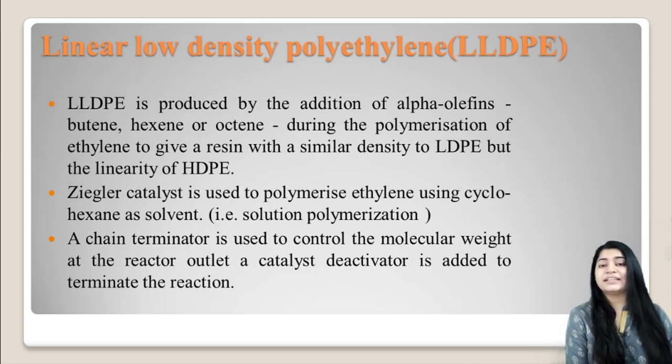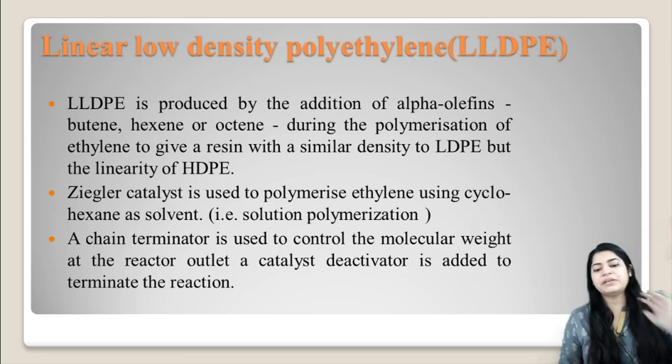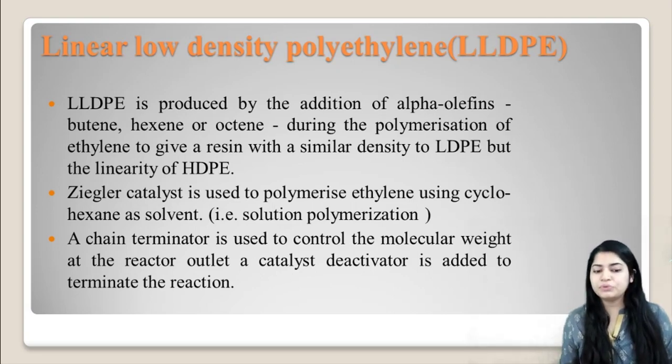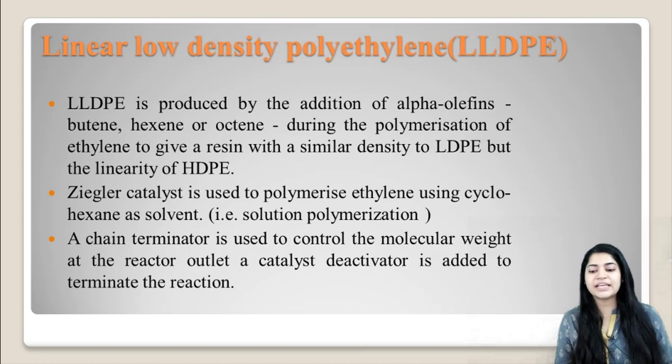The next type of polythene is your linear low density polythene. It is the same as HDPE. The process is the same. You are using what? Ziegler-Natta catalyst, right? And the pressure is also low. But here with ethylene, another monomer is used. It can be butene, hexene or octene. So another monomer is also used here during the polymerization reaction. The density of this product is the same as LDPE. Density is low, but the linearity is of HDPE. So what is your product at the end? LLDPE. What is it? Linear low density polythene. It means the structure is linear and the density is low.